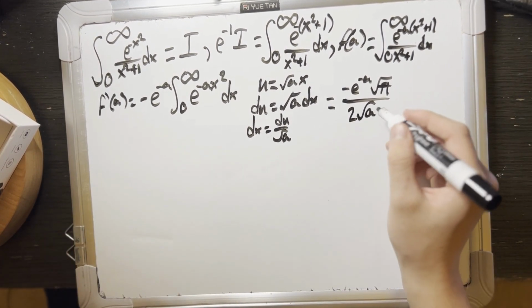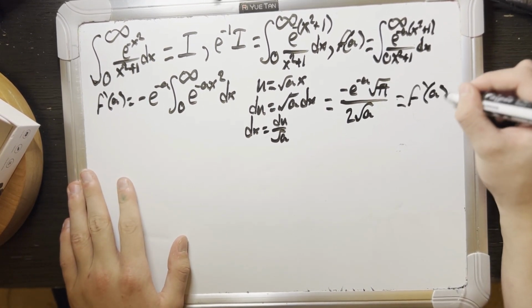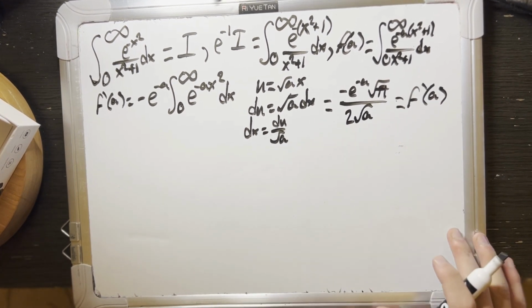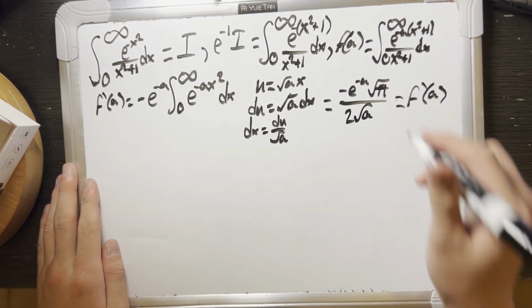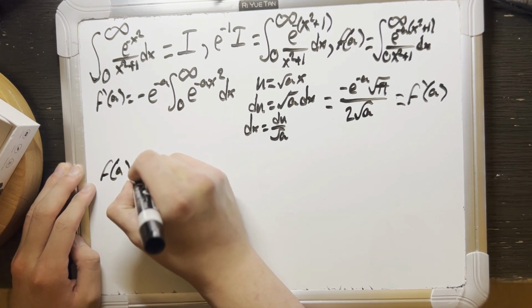Okay, now. So this is equal to f prime of a. But to retrieve our original integral, we have to find f of 1. Just not f prime of 1, f of 1. So we're going to integrate both sides of the equation. What do we get? We get f of a equals